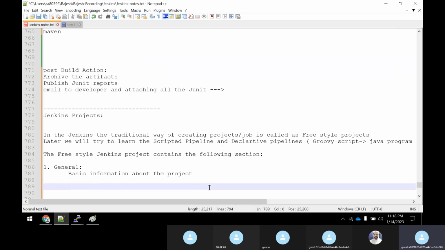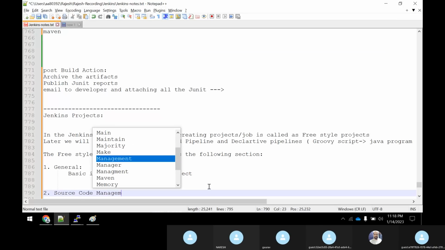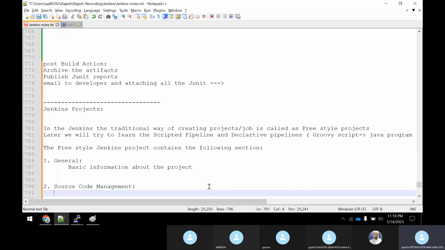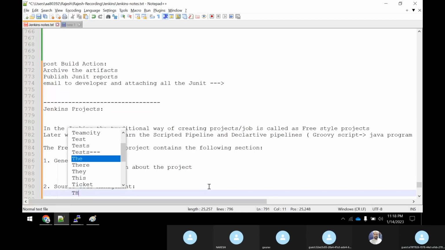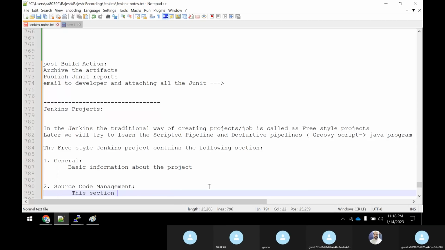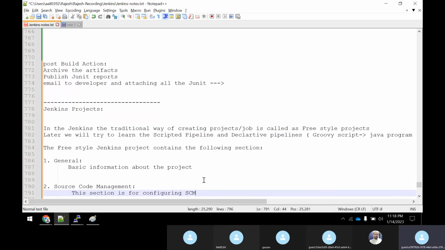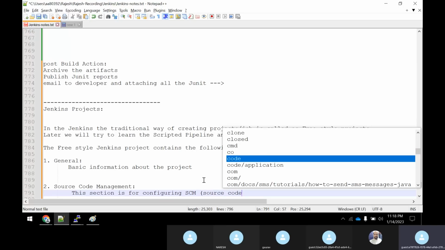Okay, fine. So what are the other things? Second is source code management. This section is for configuring the SCM. SCM is source code management.